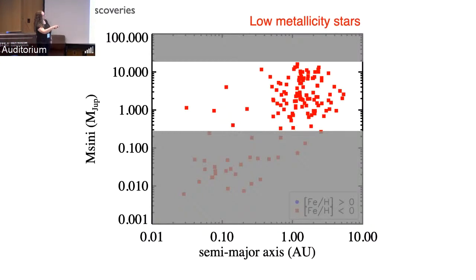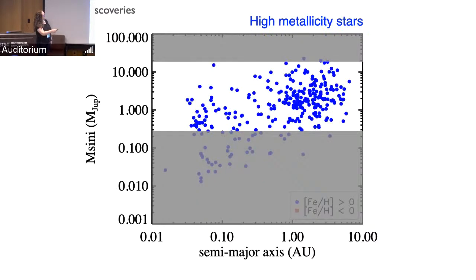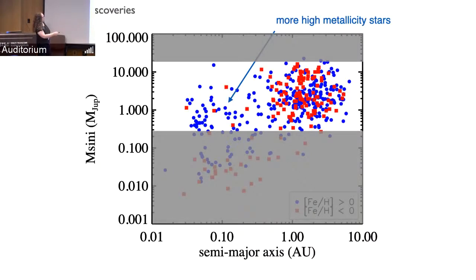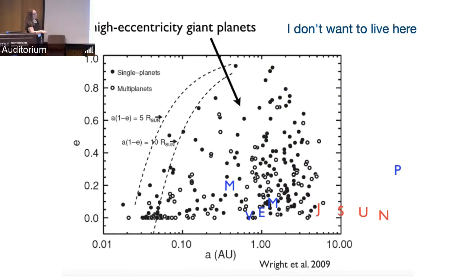Around low metallicity stars, those giants are mostly all beyond 1 AU. High metallicity stars, those are the ones that go really close in. And so if you're looking at those easy to find Jupiters early, when they were first discovered, those are typically around high metallicity stars. But why are they smeared in? Well, maybe they formed there, maybe they moved in, but they certainly have had some big dynamical to-do going on. And I don't want to live here where there's a gas giant planet with a really high eccentricity orbit hanging out at 1 AU, even on a moon around it, like eccentricity 0.4, right? That's not going to be fun, right?